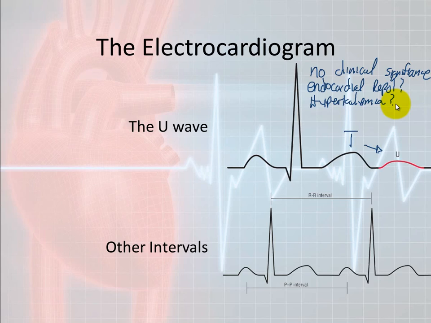The problem with the U wave is that sometimes the computer on the EKG machine, when it is interpreting the rhythm, will not see the end of the QT interval as right here. It might see the end of the QT interval as right here. And if the computer reads this as a QT interval, which it isn't because there's a U wave, then it's going to diagnose this as a prolonged QT. But if you know what you're looking for on the 12 lead and it says prolonged QT interval and you see an extra U wave down here, then you know that it's an incorrect interpretation. You just know that the T wave is probably here, or the QT interval is here,